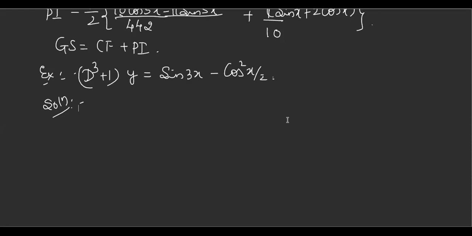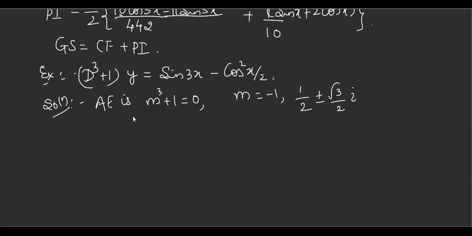Yeah, write this example. I think for the CF part, we have solved a similar question. Okay, you can write all those steps, write the auxiliary equation. Do you remember the roots of this? Yes, ma'am. -1 and 1/2 plus or minus root 3 by 2 into i. Okay. If you remember, that will be good. No waste of time checking in the calculator, right?